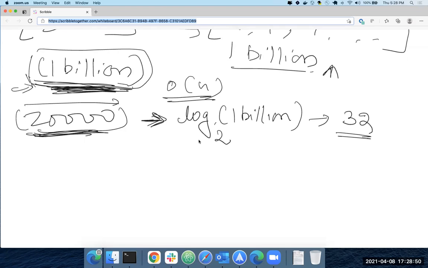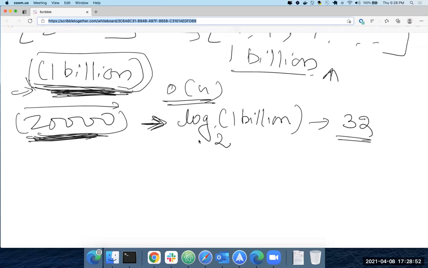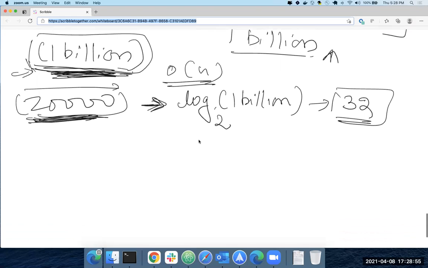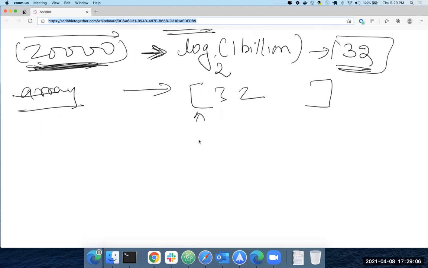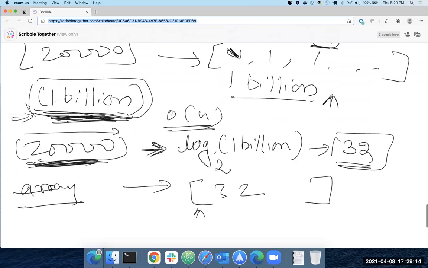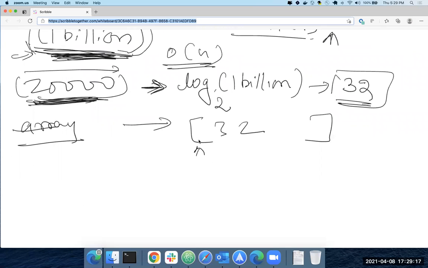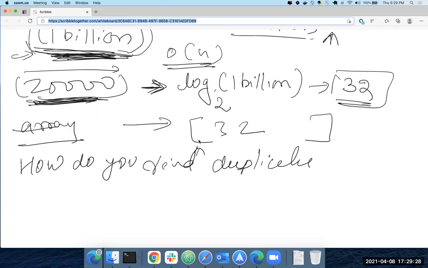You're looking for 200,000, right? It's still 32. So based on what Padmaja said, you go through this array, and you're looking into the bigger array. In 32 steps, you found a number, whether it's present or not, and if it is present, you add it to your result, right, Padmaja? But then how do you handle duplicates? Binary search is not going to take care of duplicates. It can if you use something like masking.